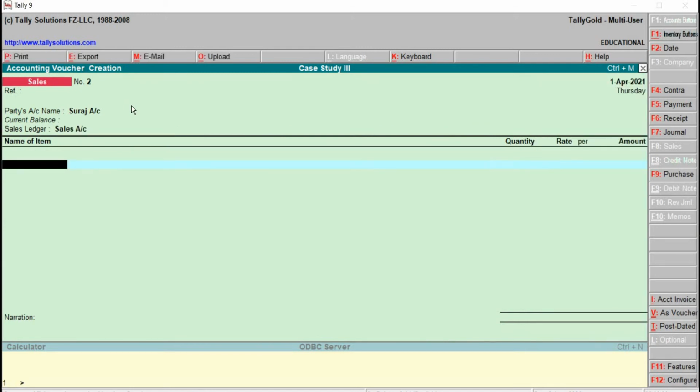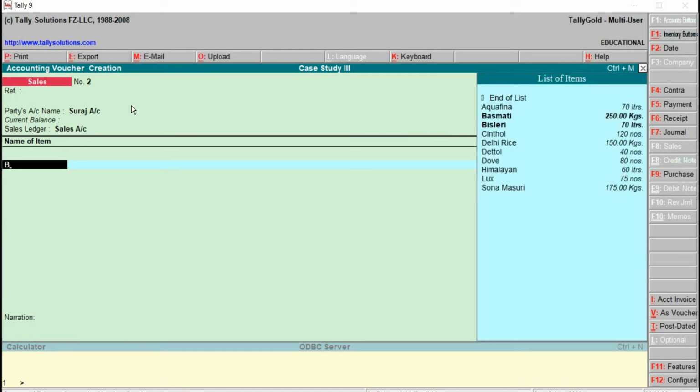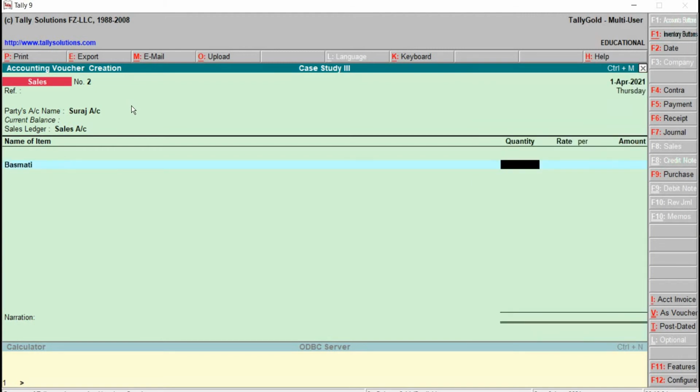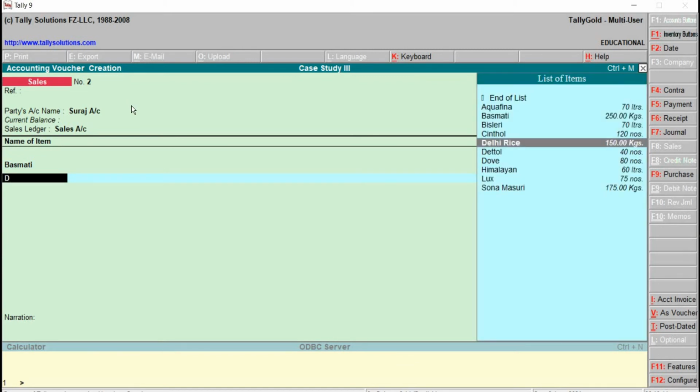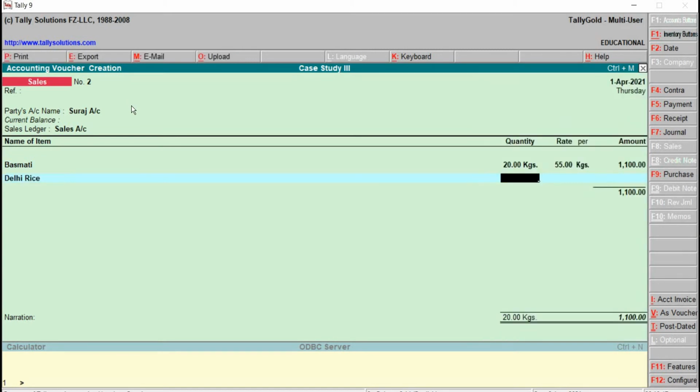Sales account, name of the item, the first one is of Basmati. Quantity is 20 and the price is 55 rupees. Next one, Delhi rice, 30. Price is 60.